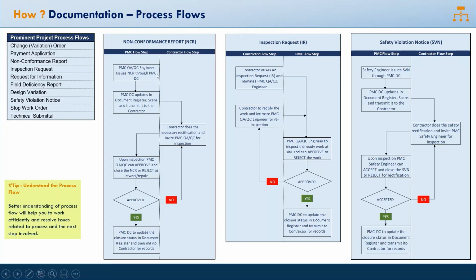So how this process flow works, how it gets generated, from where it passes to whom, it moves to which part, what happens when it gets approved or what happens when it gets rejected. Understanding the process flow is very important. There are so many project flows involved in the entire project. I have listed a few prominent project flows, and I have given three sample examples of flows. There will be many. You have to understand and